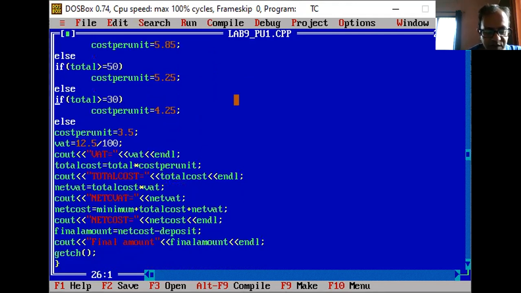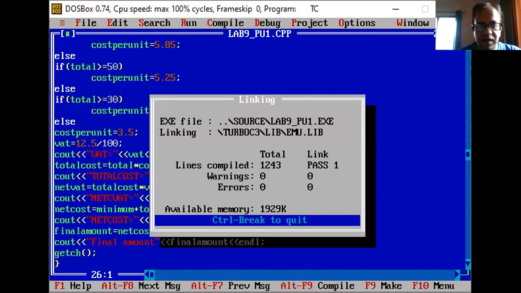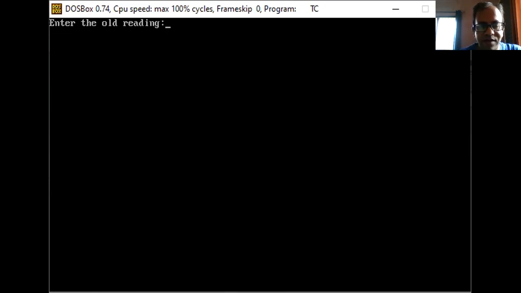So we'll run the program. To run the program, you have to press a shortcut key, that is Control F9. So I'll press Control F9 to run the program here. If no errors are there, then you will get a message, no errors. Now whichever values were taken as samples in the logic, we will take those values here and execute this program.